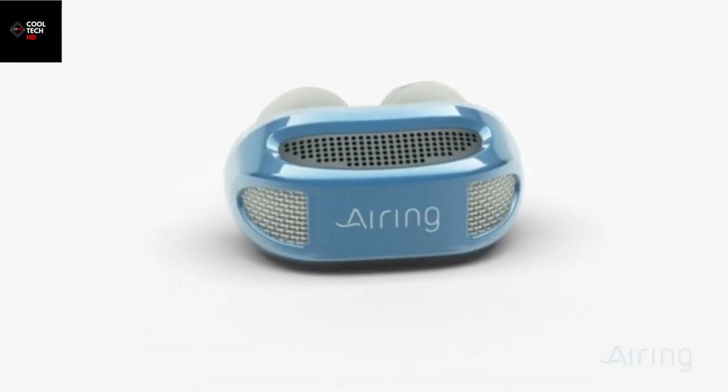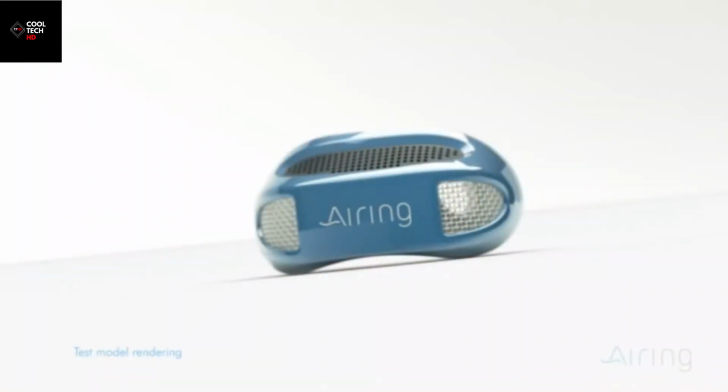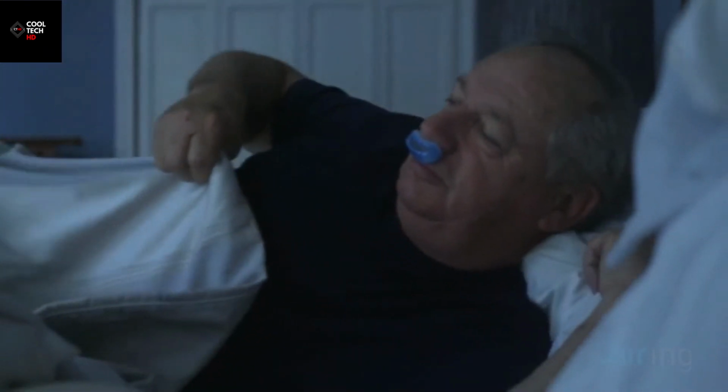It's important to get the AirRing into other people's hands as quickly as possible. And the fastest way that I know how to do that is to raise a sufficient amount of money to be able to hire the right number of people, to do the right amount of testing, to get this into a final form so we can manufacture it, produce it, and get it out there. If you can take this simple technology, this low-cost technology, this comfortable, small technology, and put it in an application like this that can actually treat this sleeping disorder, how could you not do that? I mean, that's what technology is for. You've got to go do something that's important. And I can't think of anything more important for these blowers to do than to save somebody's